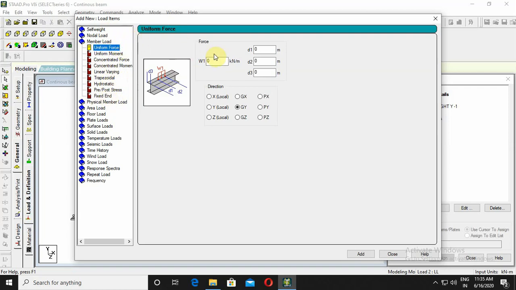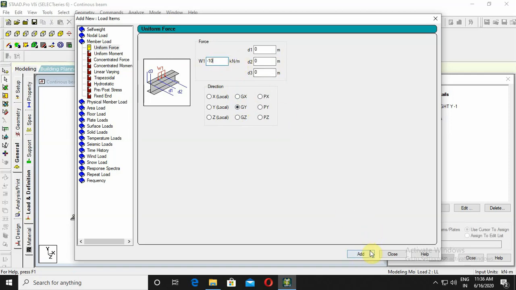For this particular, let us take the UDL. Uniform force means UDL. Click enter -10. -10 means minus represents it is acting in the global y direction. This is the GY means global y direction.